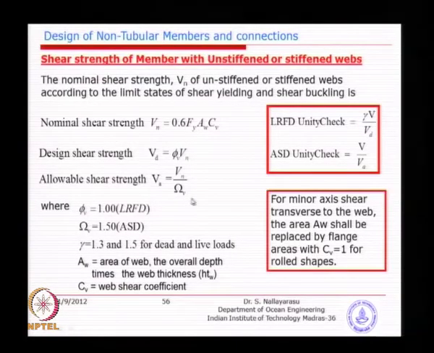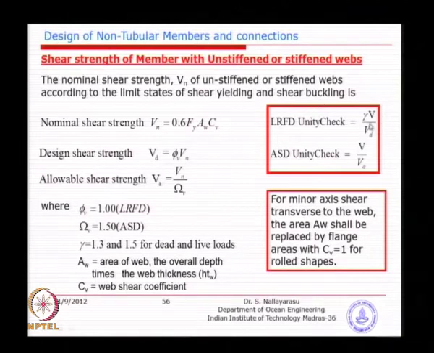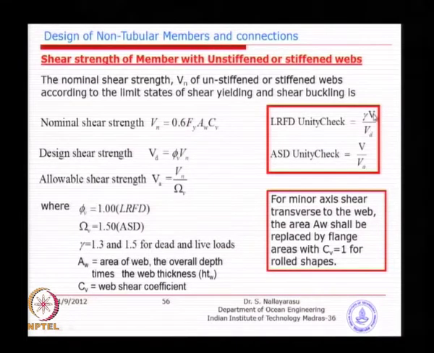So if you divide 0.6 by 1.5, how much will it become? 0.4, so automatically that is how the adjustment has been done. If you look at API, we were having allowable shear capacity as 0.4 times Fy. So here the load factors have been adjusted accordingly. The unity check is again similar: shear load divided by shear capacity will give you the unity check for shear, and load factor multiplied by shear load divided by the design shear strength will give you the unity check. So the adjustment is only on the multiplication factors for LRFD, and division factor for allowable strength.